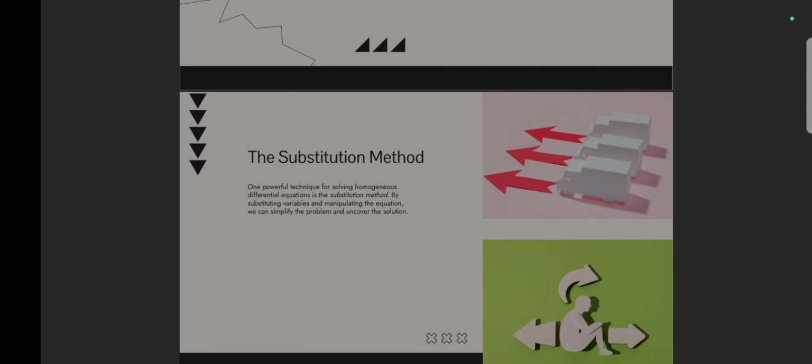Once you have solved the simplified equation, you will obtain a general solution in terms of the new function v, or whatever variable you use for substitution. This solution may contain arbitrary constants. Sixth one, reverse the substitution. Finally, revert back to the original variable y by replacing v with y by x if necessary to express the